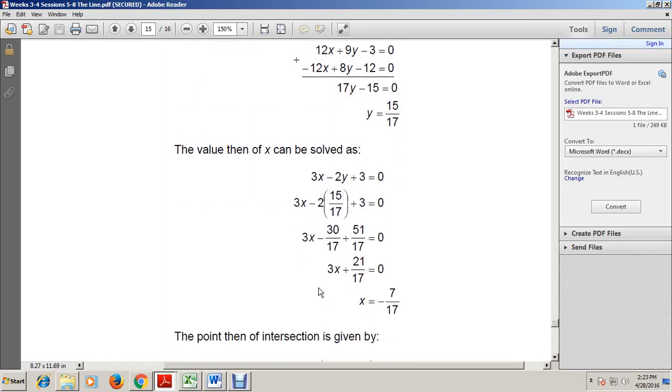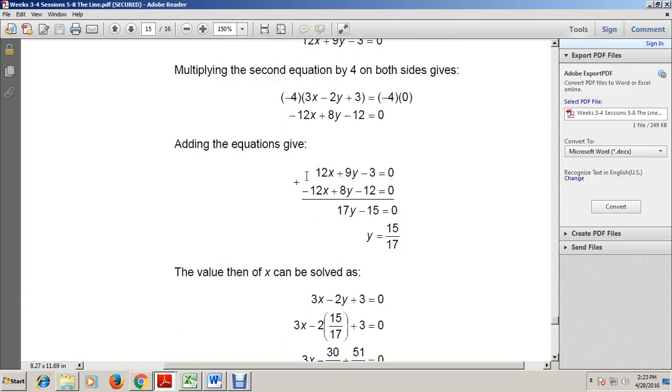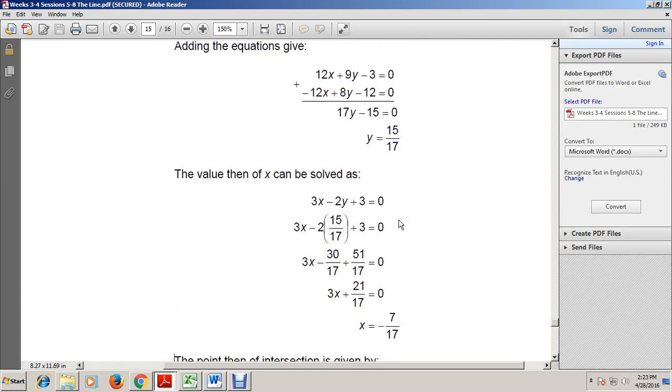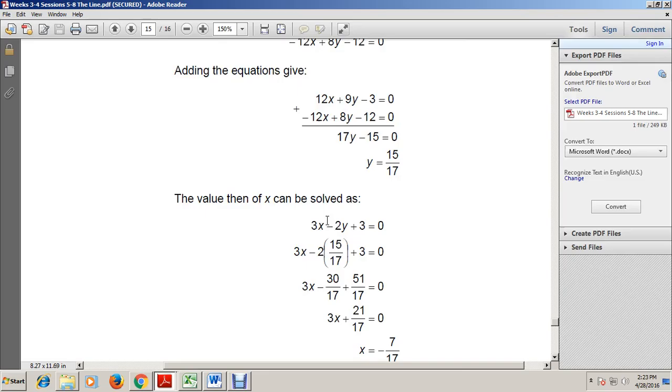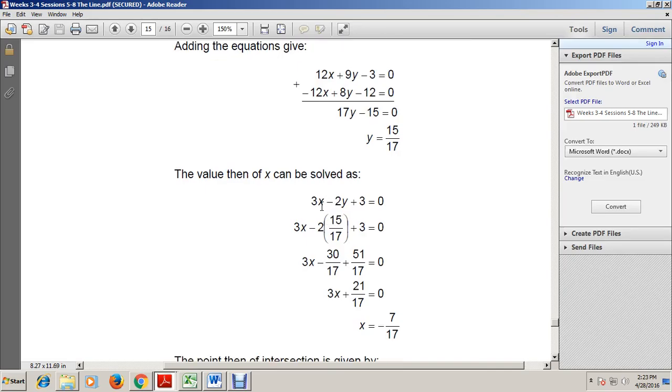What is presented here is that the second equation was chosen instead of the first equation. Remember, this is the second equation. So in the second equation, we have substituted the value of y, replacing y with 15 over 17, then solving for x. So this becomes 3x minus 2 times 15 over 17, which is 30 over 17,